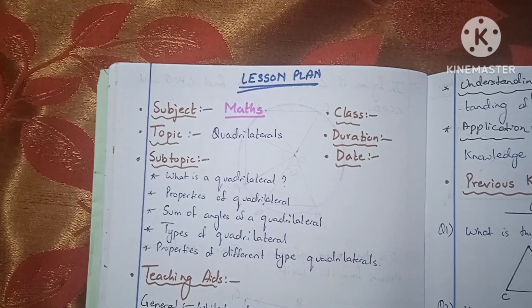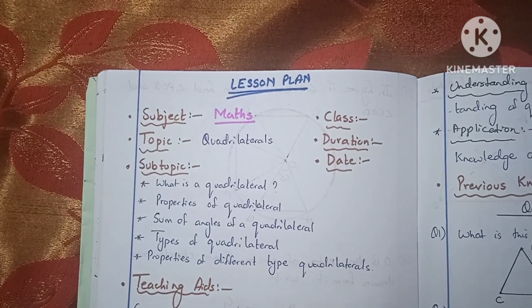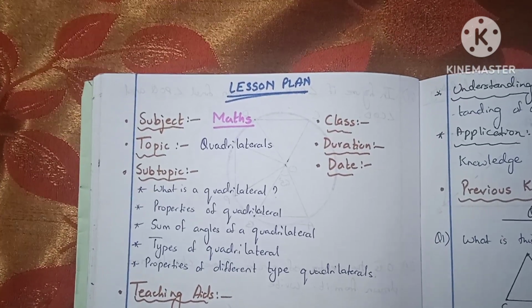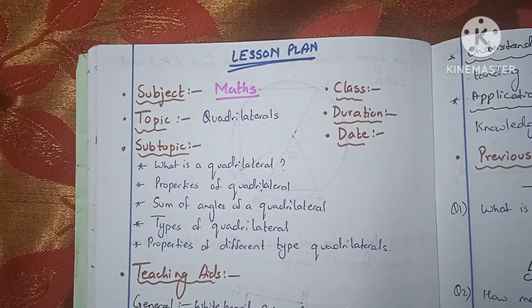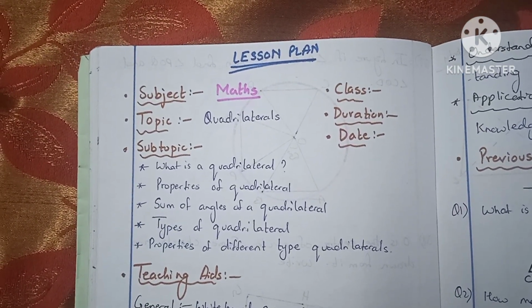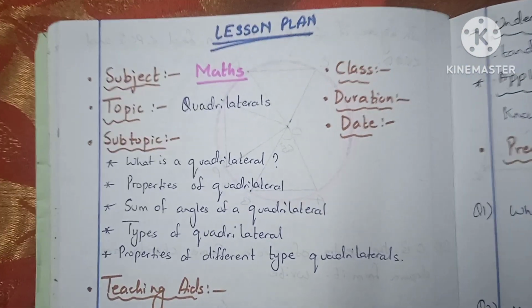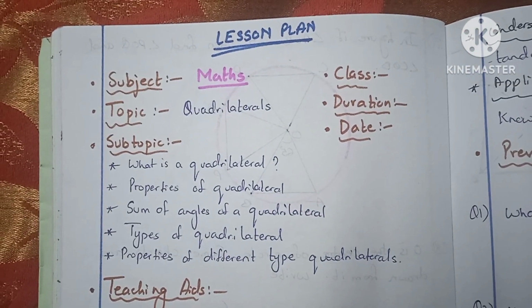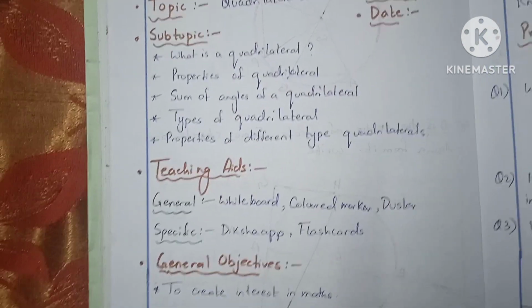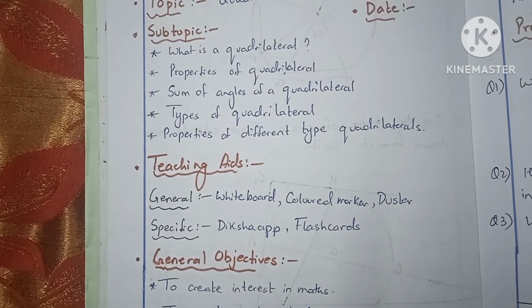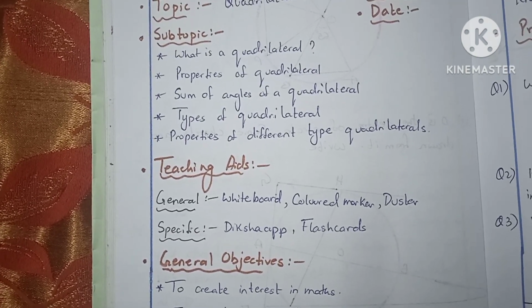Well, hello everyone. I'm Ghizal from U.P.S Kusumbhi, and this is a lesson plan on mathematics, and the topic is quadrilaterals. The subtopics are what is a quadrilateral, properties of a quadrilateral, sum of angles of a quadrilateral, types of quadrilateral, and properties of different quadrilaterals. Teaching aids, we have general aids: whiteboard, colored marker, duster, and specific aids,